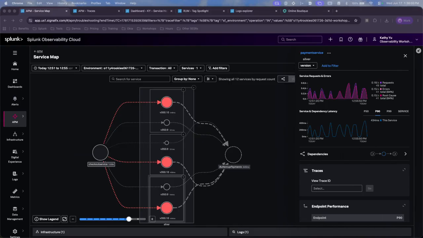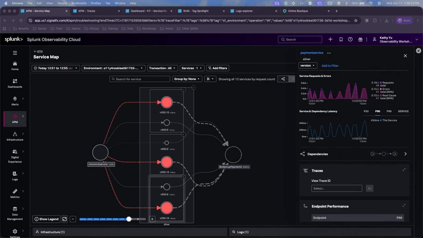So we'll go on to section 6.5, an APM trace analyzer. As Splunk APM provides no-sample end-to-end visibility of every service, Splunk APM captures every trace. For this workshop, the order confirmation ID is available as a tag. That means we can use this to search for the exact trace of the poor user experience you encountered earlier